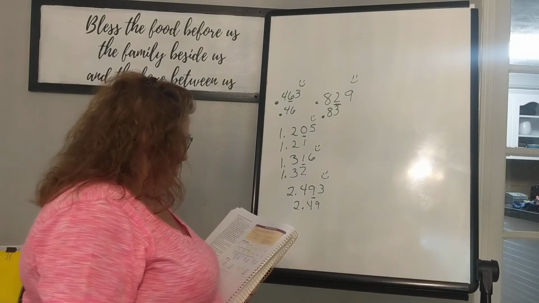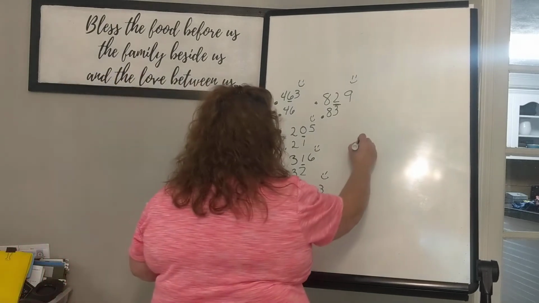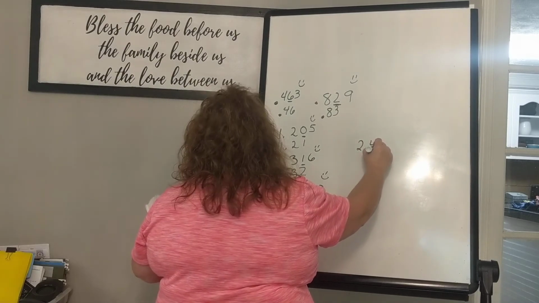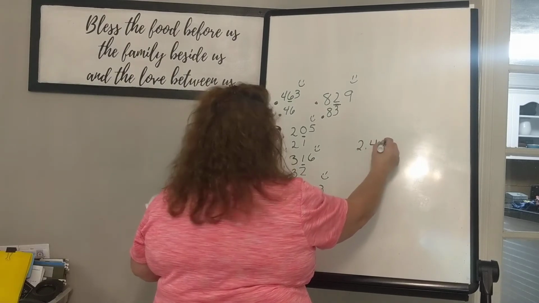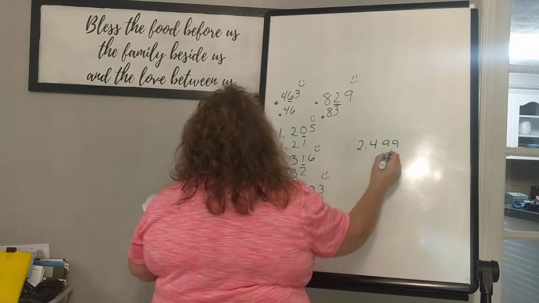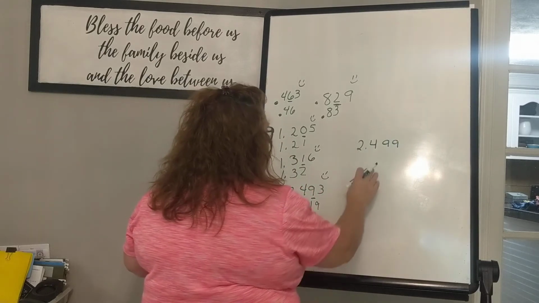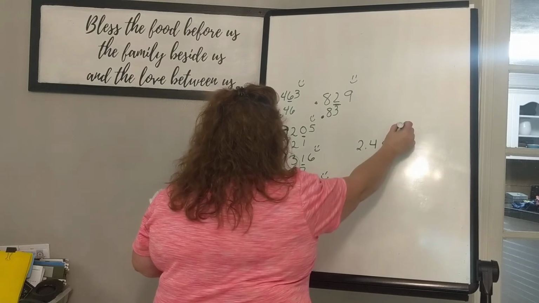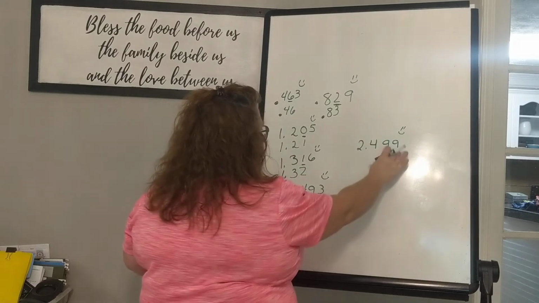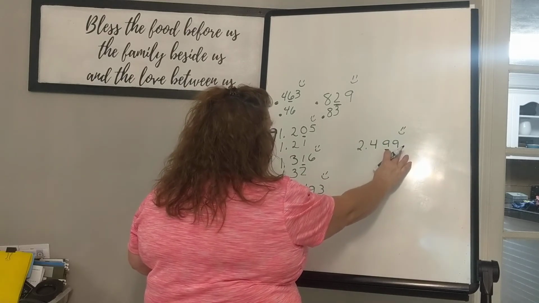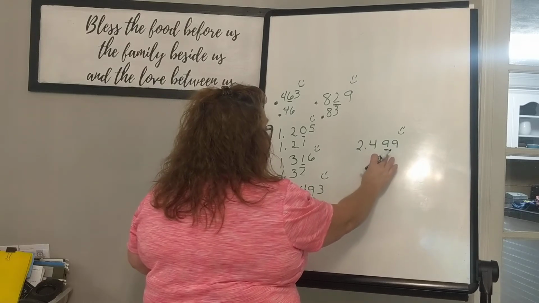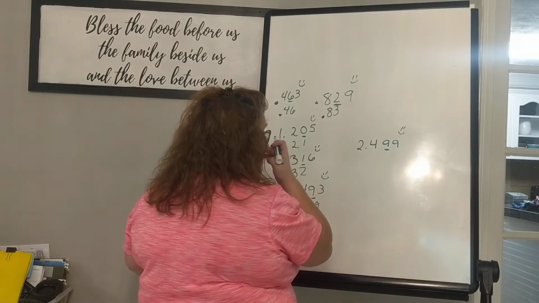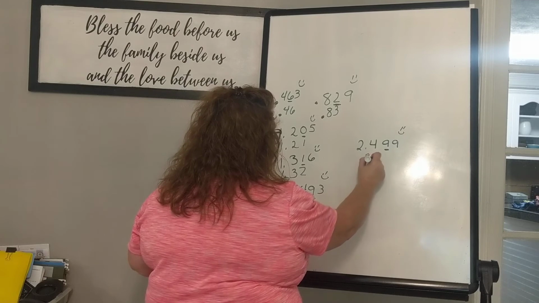And the last one, 2.499. So when we have 2.499, we're rounding to the hundredths. The thousandths place is our looker digit. It's 5 or above, so we have to go up in our hundredths place. We go from 49 to 50, so it rounds to